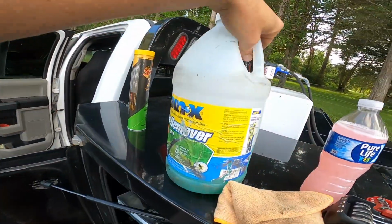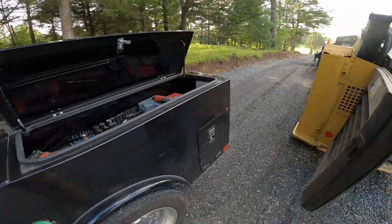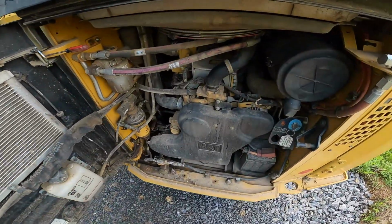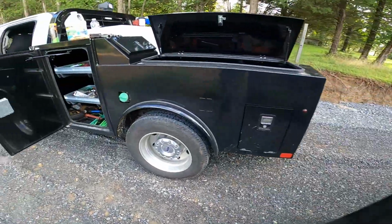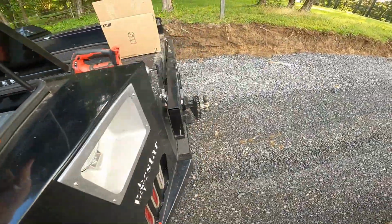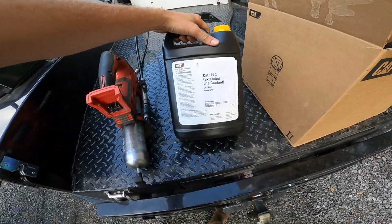clean this up, but everything's done took all the Rain-X windshield wiper stuff, so I'm not pouring it out because it's like $7 a gallon. So I went looking on the trailer to see if I had something to use. I have another coolant jug, so I'm not sure. I may try to find something that way I at least catch some of it, because it's going to be sticky. So I'm not sure if this is the red or not,